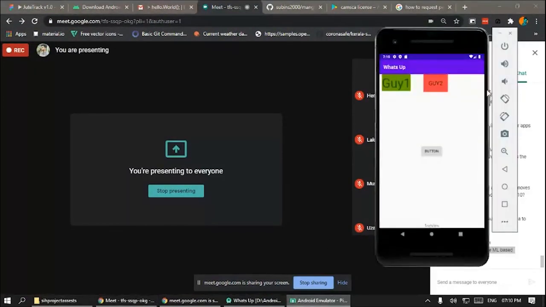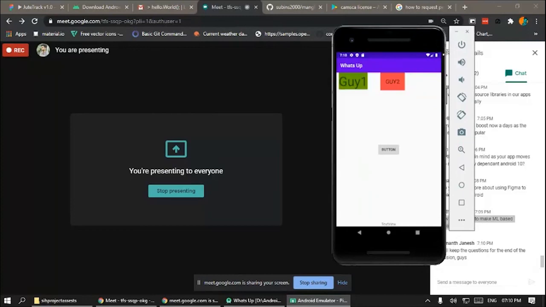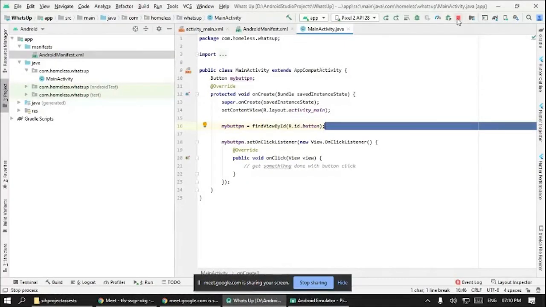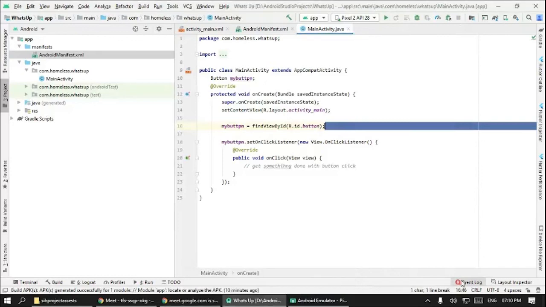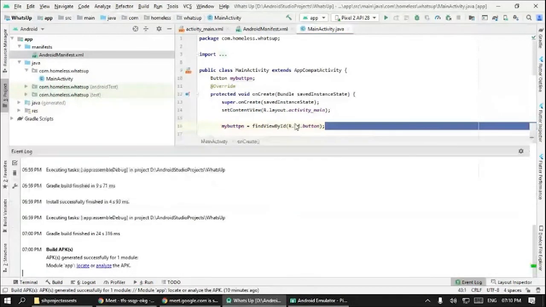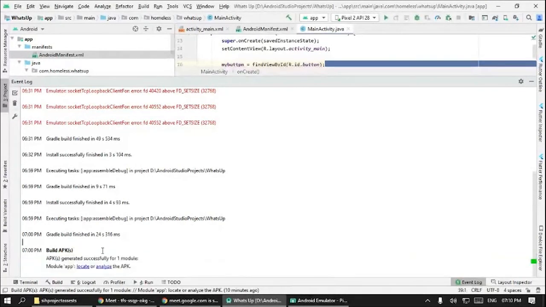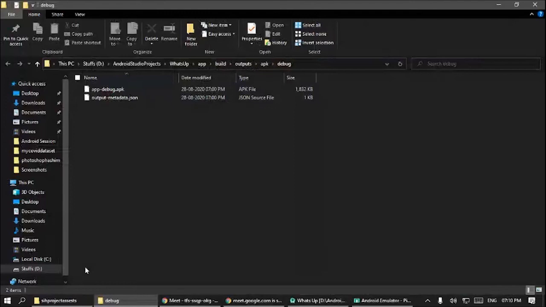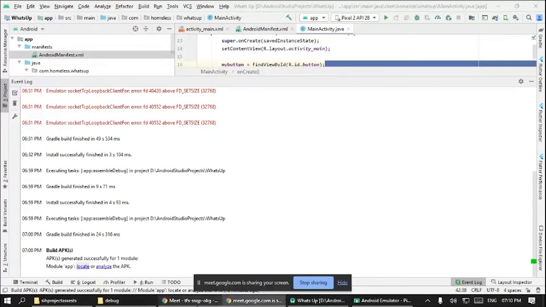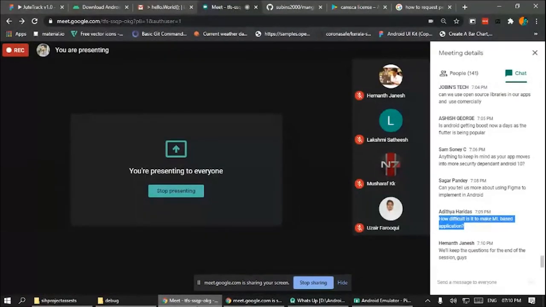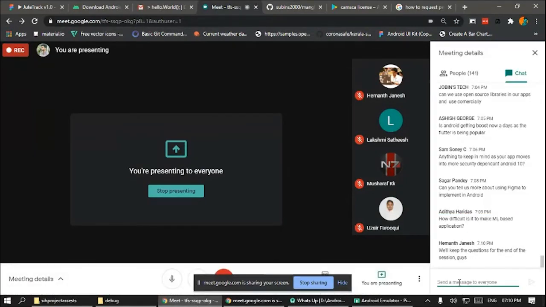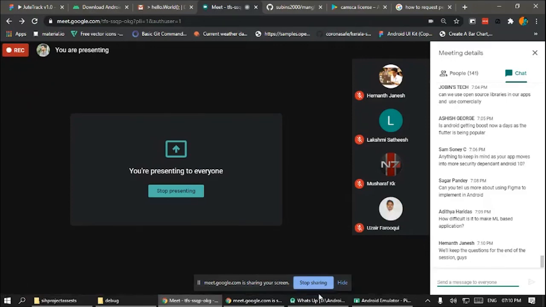Let's head over to our Android emulator. Here is our app, I already showed this to you. Let's stop our Android emulator. We did put something to build. There is some error here. What is it? There is no error. APK generated successfully. Locate here. There is our APK. Send it to your friend and say that I am awesome because I made an application. Like Hemant, I will WhatsApp this to you, install this and feel my skills. Okay, that's it, guys. That's basically how you develop an Android app.